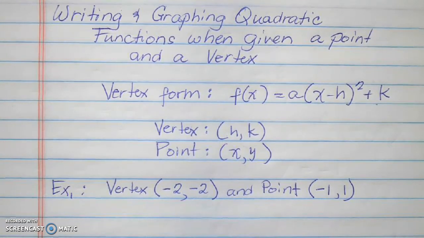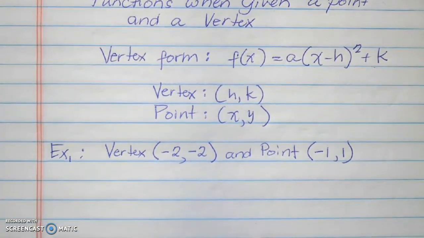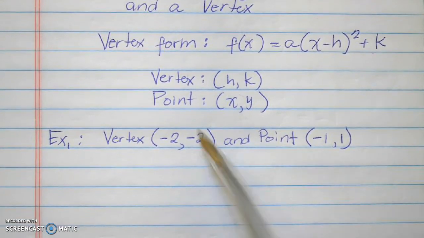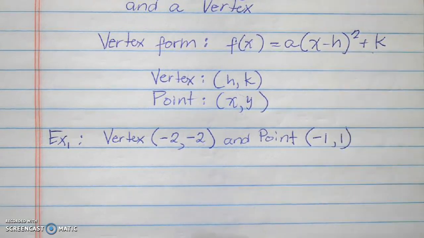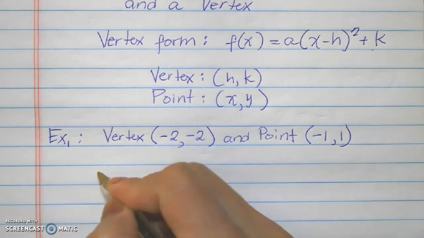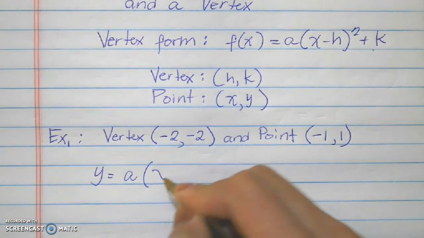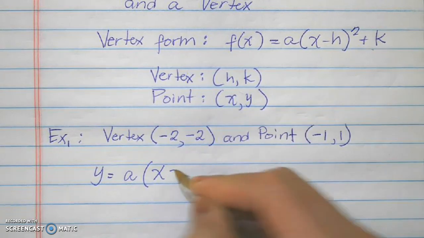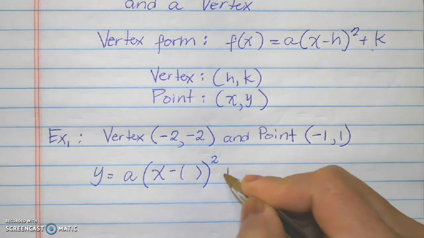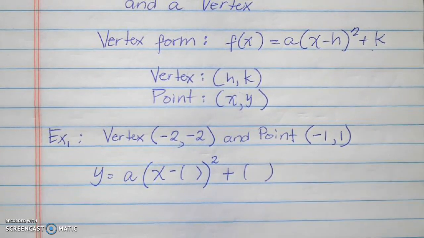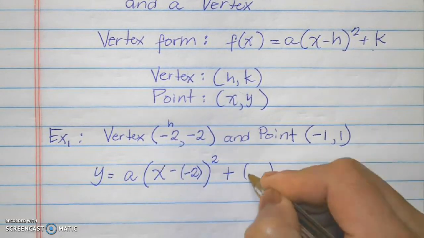So first, let's tackle the equation. So how does this work? What we're going to do is substitute our h and k into the formula. So always, whenever you're substituting, make sure that you are changing your variable into a parentheses, okay, and then squared plus your k. So we're going to plug in -2, that is your h, and -2,